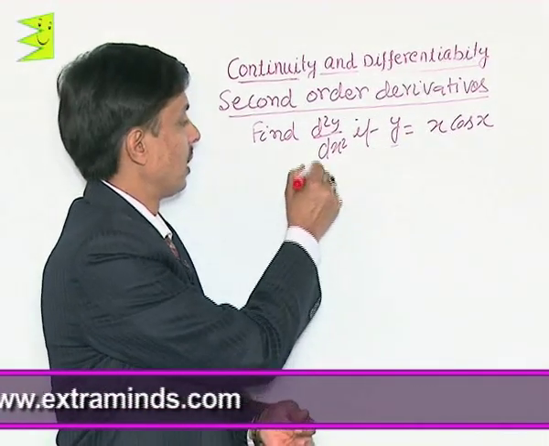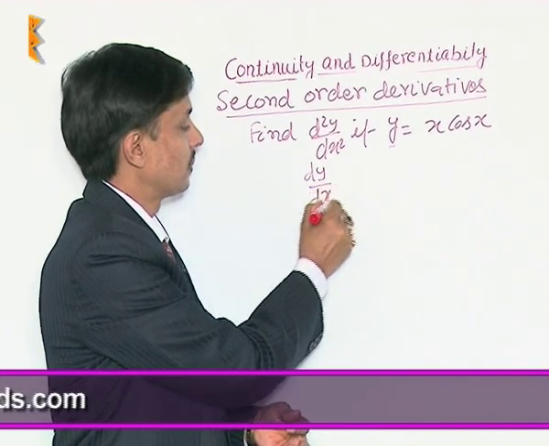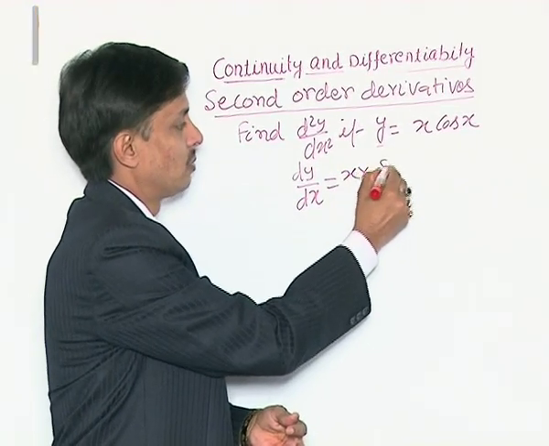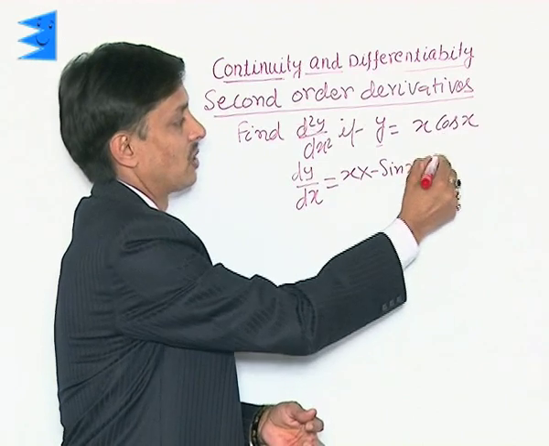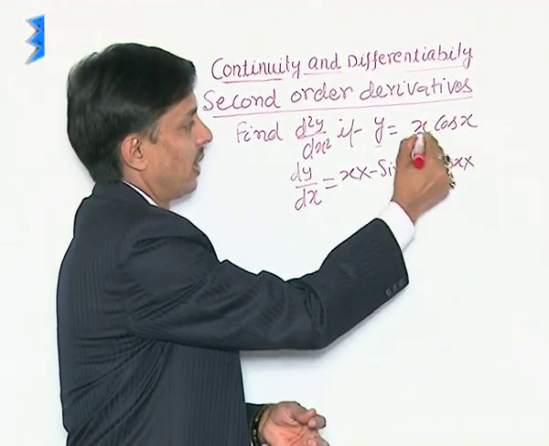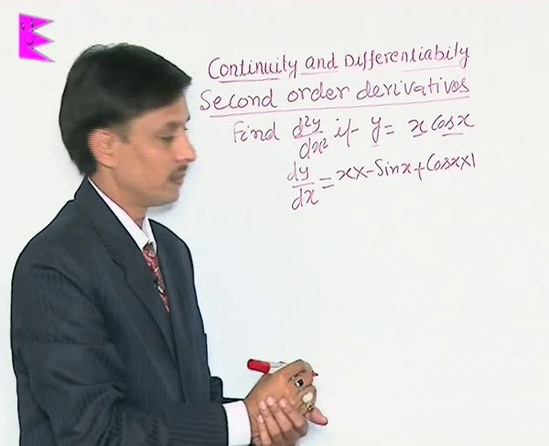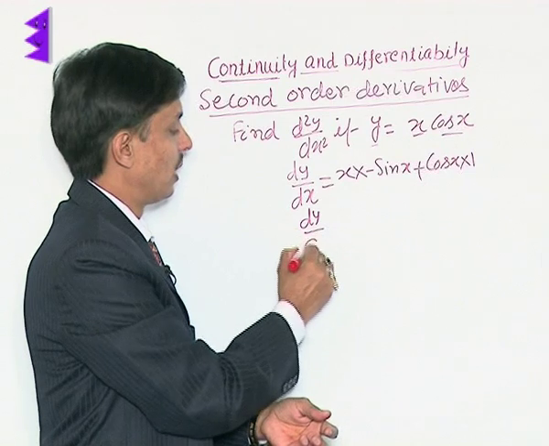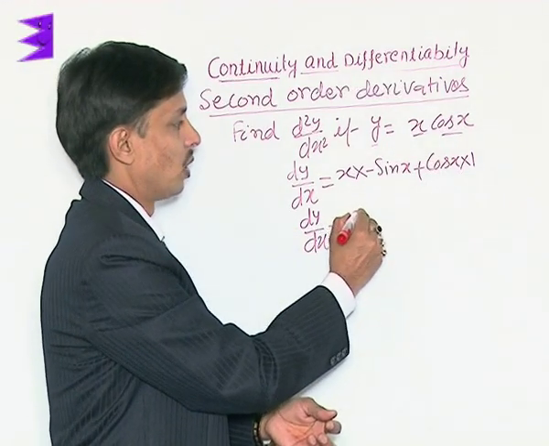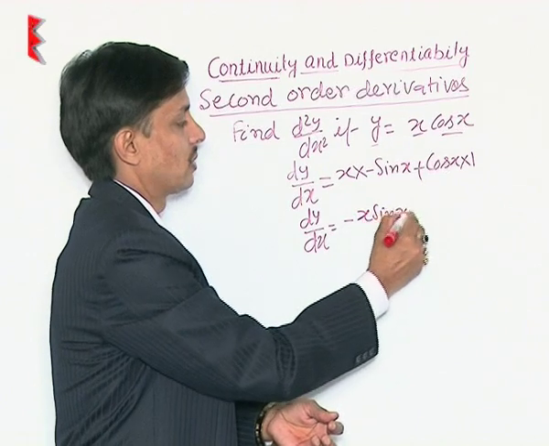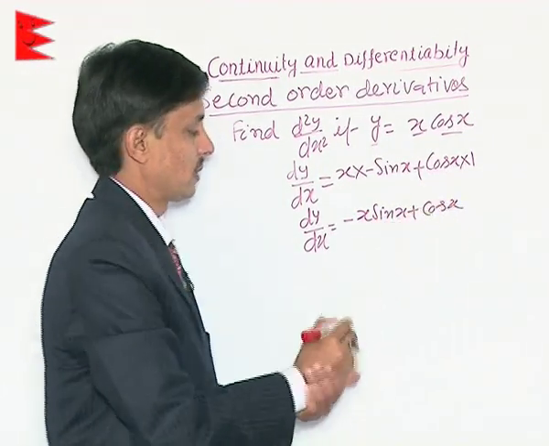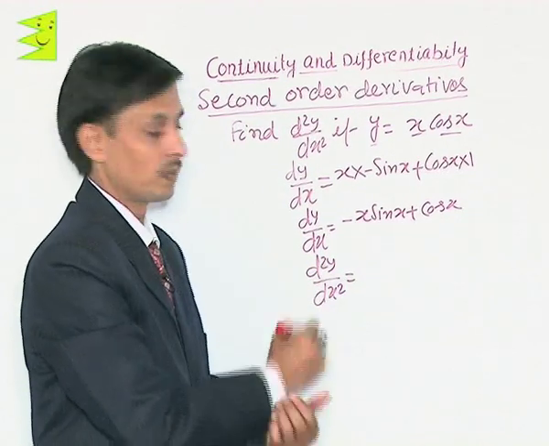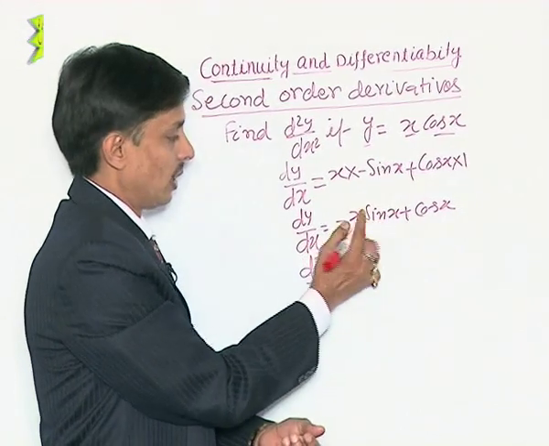Differentiation of y: dy by dx is equal to x first, into derivative of second, which is minus sin x, plus second, cos x, and derivative of first x, that is 1. It is the first derivative, which can be written as dy by dx is equal to minus of x sin x plus cos x. Now for the second derivative, d2y upon dx square is equal to minus, here again,